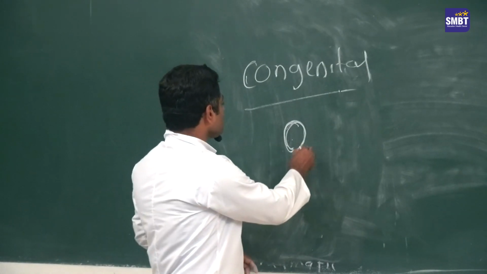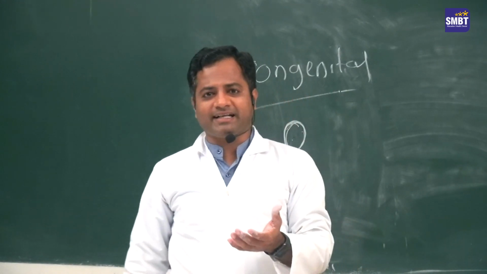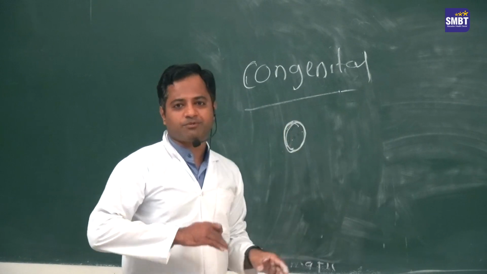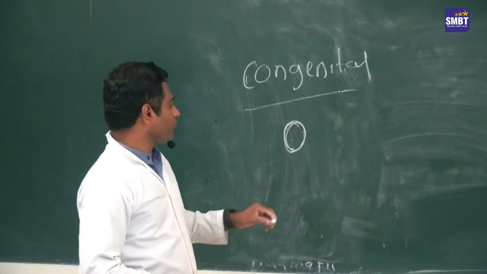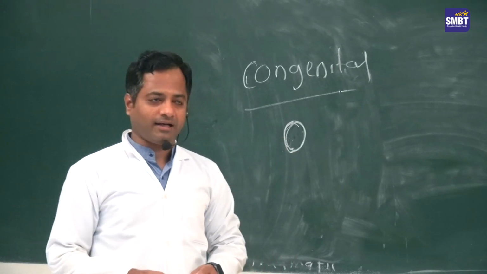Okay, so when the child cries there is a conical shaped swelling near the umbilicus, so that is an umbilical hernia. So protrusion of the intra-abdominal contents through the umbilicus is an umbilical hernia.